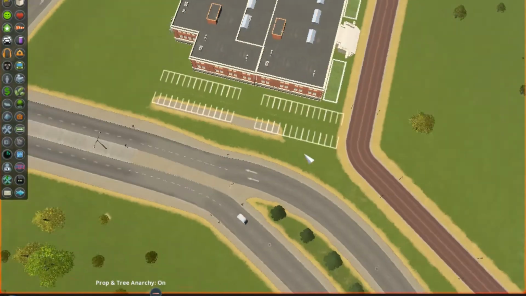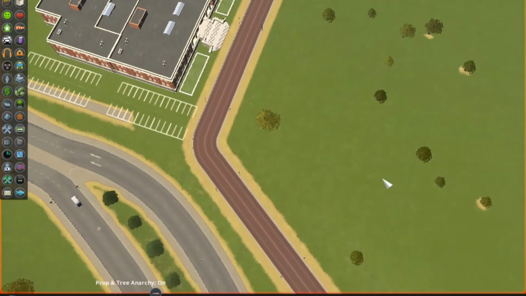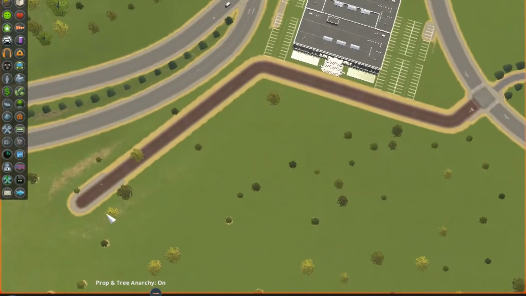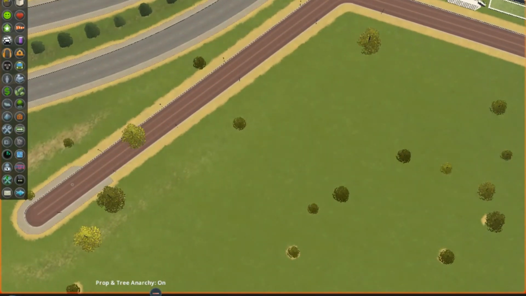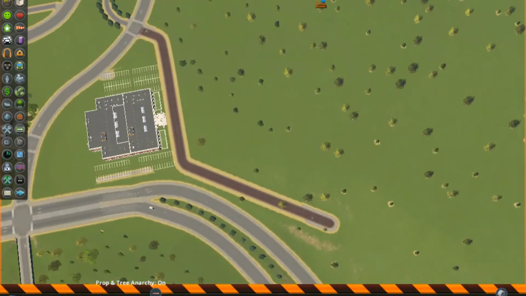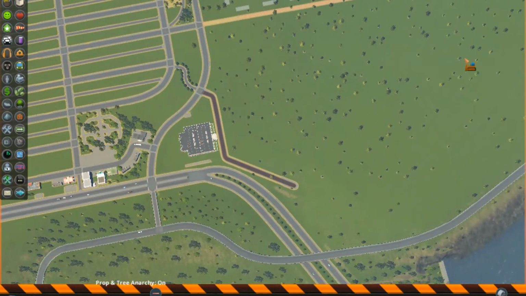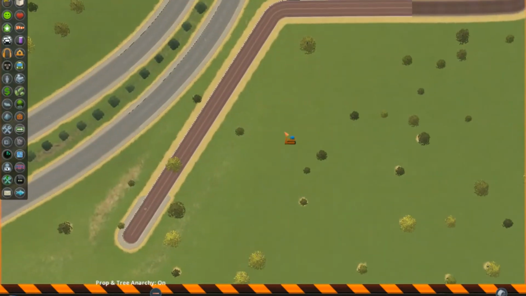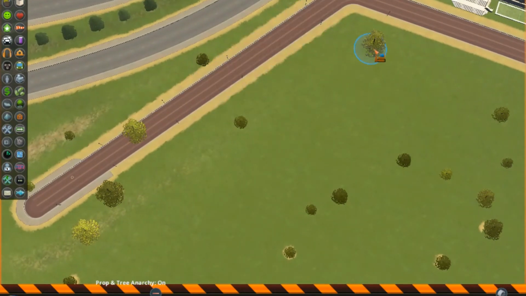Yeah. So we'll put those on there like that. Next thing I'm going to do is, because I know what's coming up, I have plans for this area here, which will be a later video. I'm going to curve this road